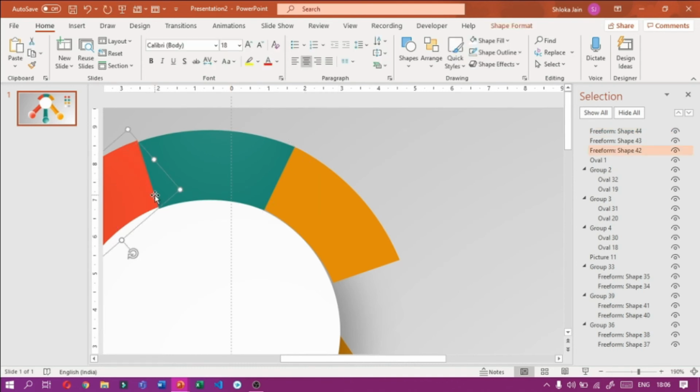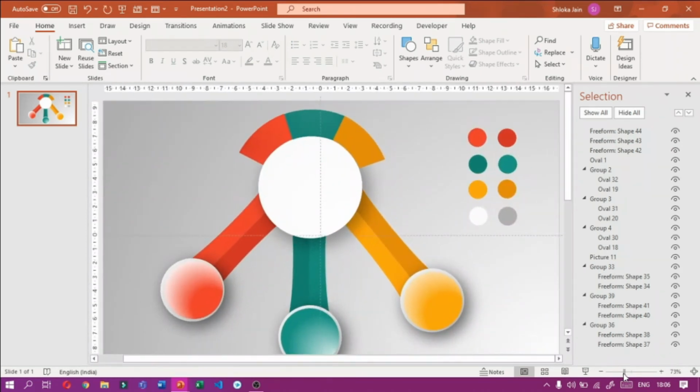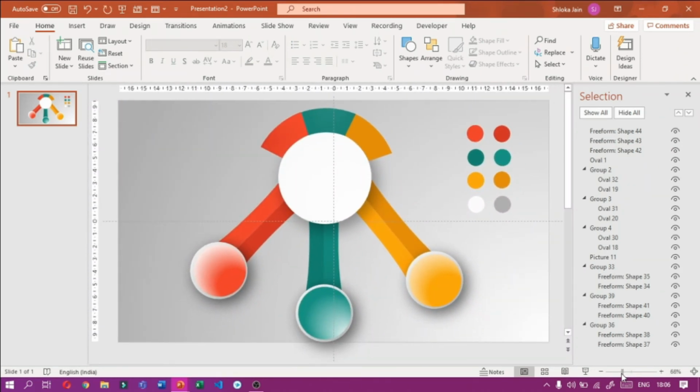So as I have adjusted them, let me zoom out. Now let me delete the color palette. Now our shape is ready.